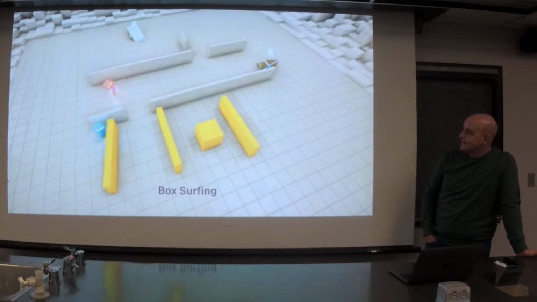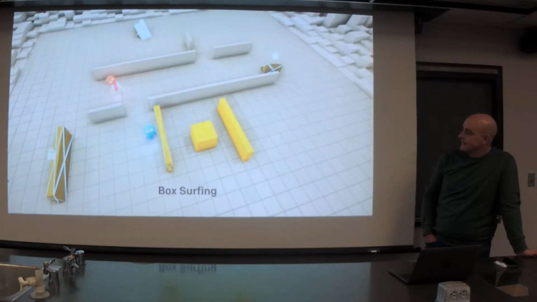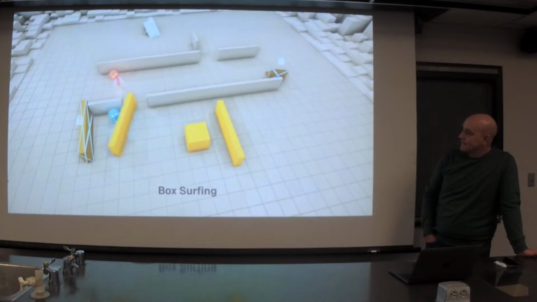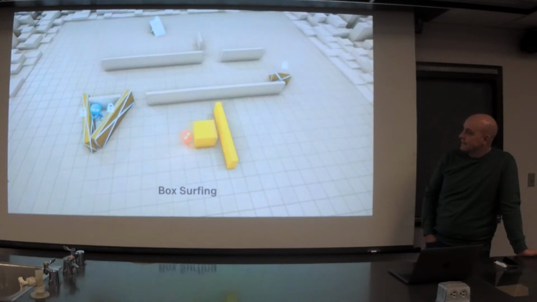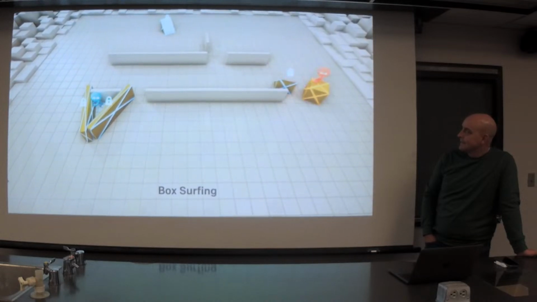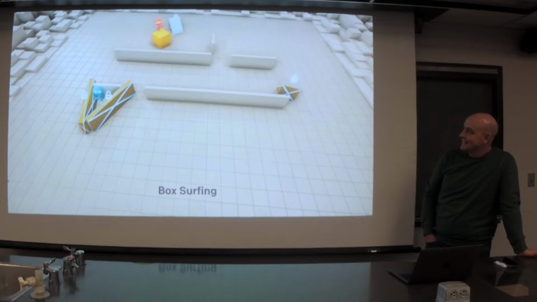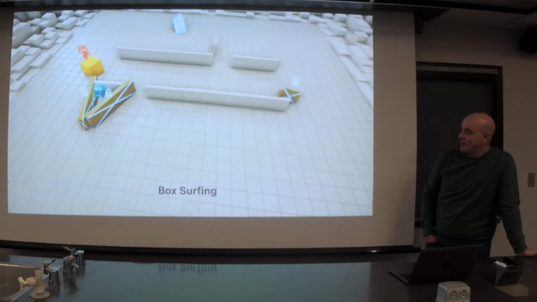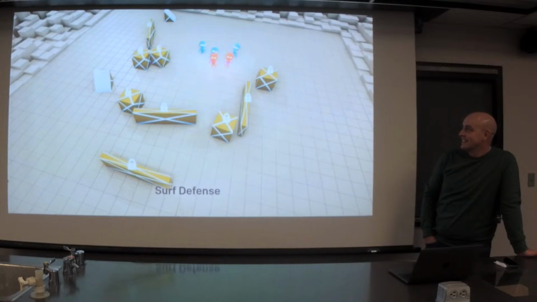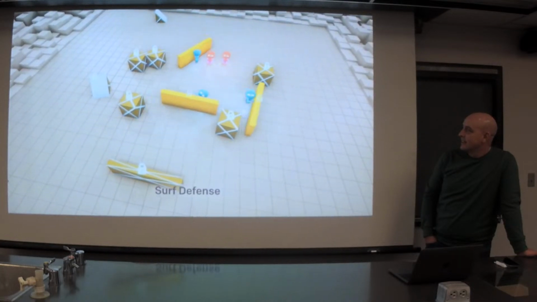To prevent seekers from using the ramps, the hiders move them to the edge of the play area and lock them in place. We originally believed this would be the final strategy that the agents learn. However, we found that after more training, the seekers discovered that they can jump on top of boxes and surf them to the hider's shelter. In the last stage of emergent strategy that we observed, the hiders learn to lock as many boxes as they can before constructing their fort in order to defend against box surfing.